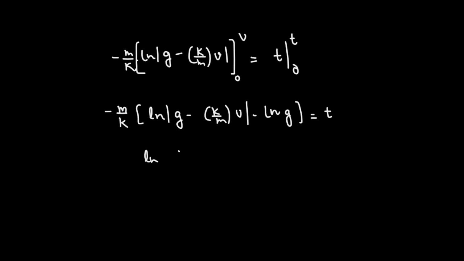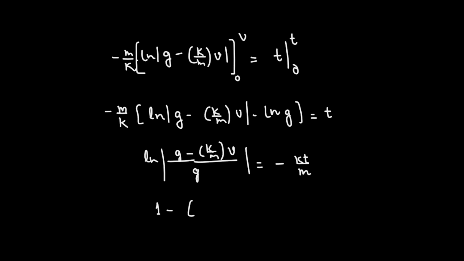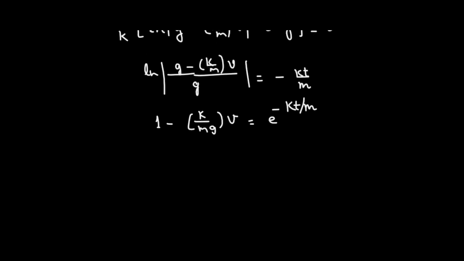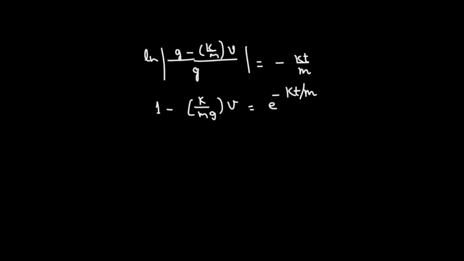Or simply, log of g divided by g minus k over m times v, whole divided by g, equals negative kt over m, or 1 minus k over mg times v equals e raised to the power of negative kt over m. Solving for v, we have v equals mg divided by k times 1 minus e raised to the